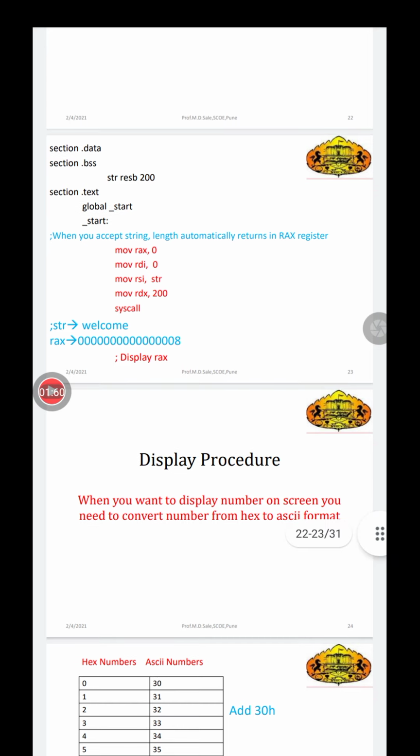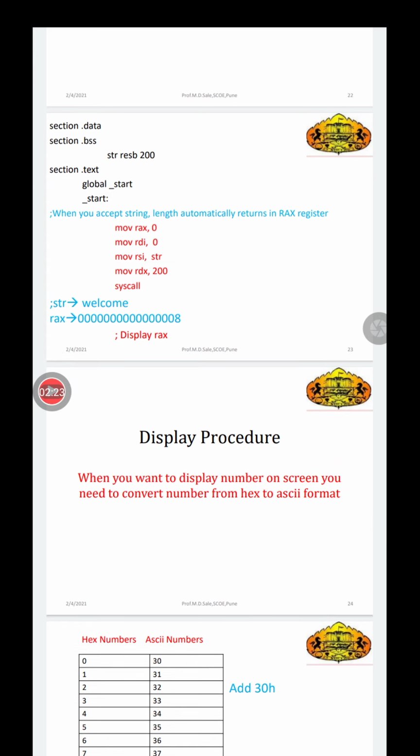Then whatever string we are entering should be stored in some array, and that array we have already declared under section .bss. So we write mov rsi, str, that means the string address we are storing in rsi, and mov rdx, 200, that is the length of that particular array. We load it in rdx, and syscall. So this is a read system call.